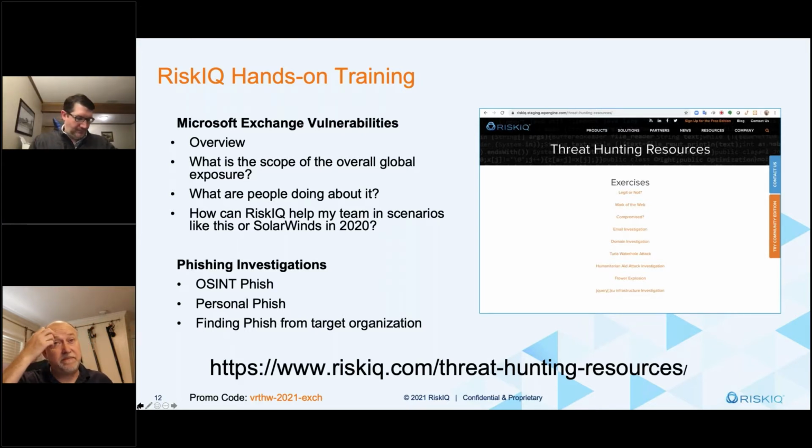Now on the very bottom, you'll see riskiq.com/threat-hunting-resources. This is where I'll put some exercises, different videos, and links to the URLs that we use in these exercises. Last week we did one on APIs, how to use it.